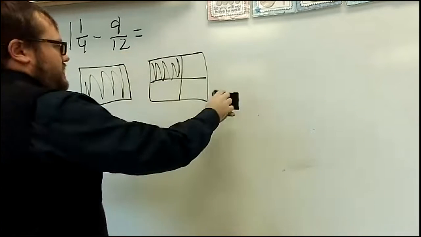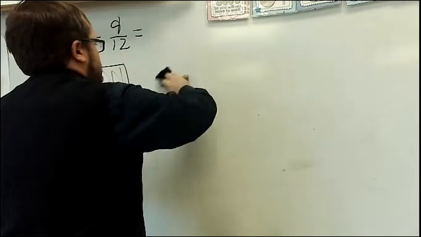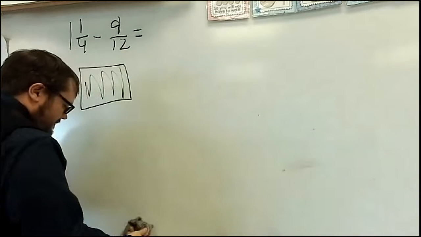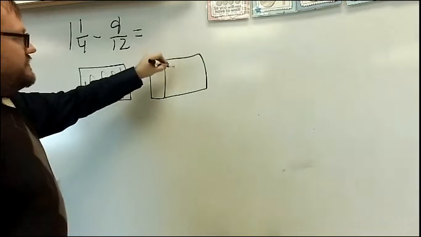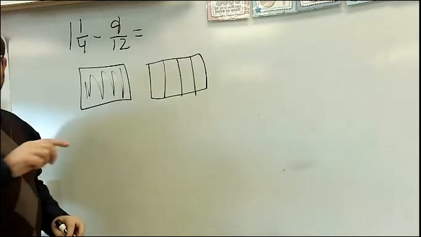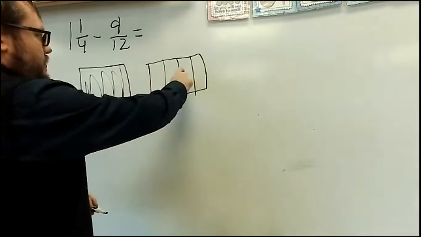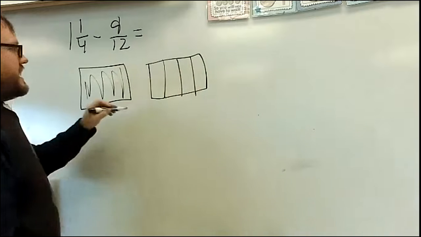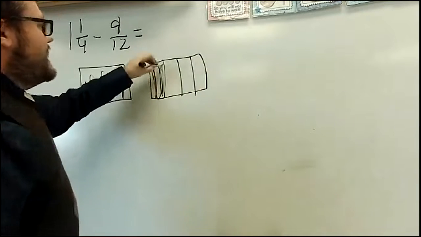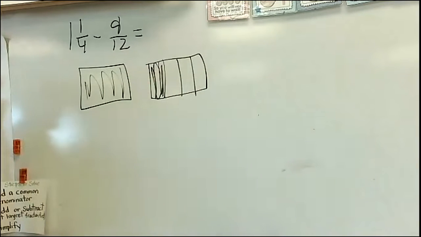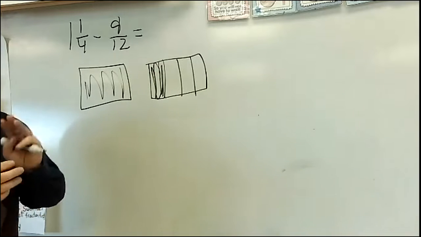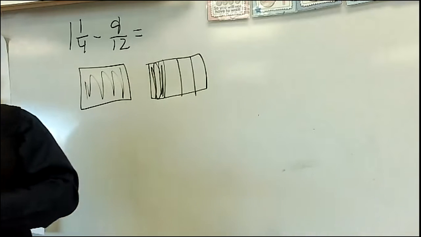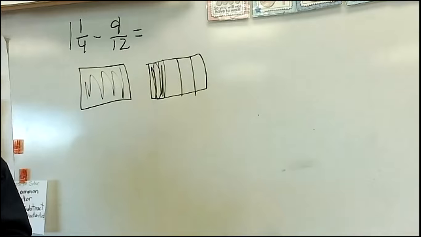Actually, I'm going to redraw 1/4 because this will make it a little easier to convert it. I'm going to draw 1/4 like this with the vertical line. So 3 vertical lines give me 1, 2, 3, 4 sections, and doing it like that. Now I need to take my 4ths and turn it into 12ths. Okay, so what I do is I count by 4